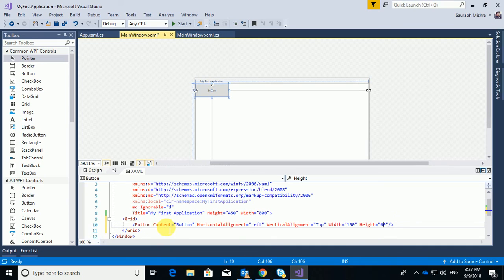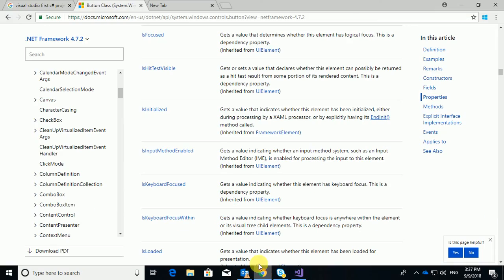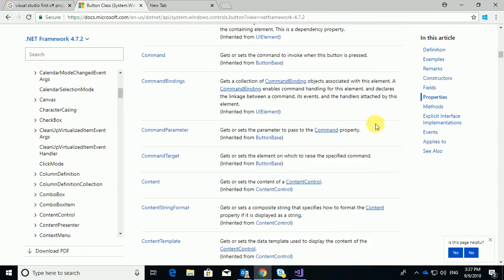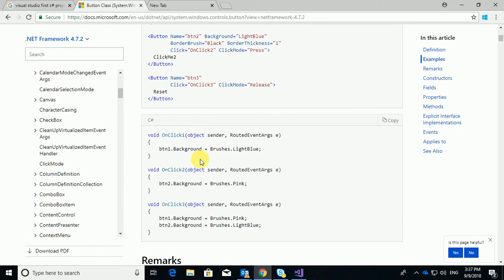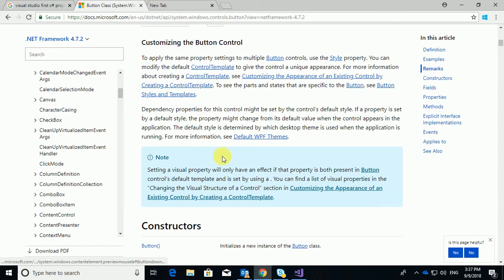What are all these things which you see in this button control, like Content, HorizontalAlignment, VerticalAlignment? As a beginner, you may not know all these properties, right? So what you can do is go to Google and look up the Button class, and you can see what the different properties of a button are.